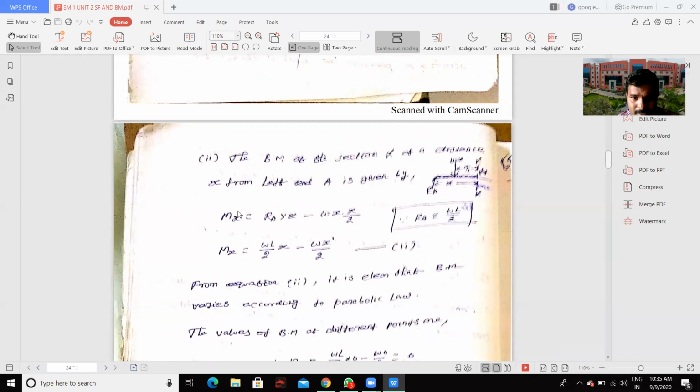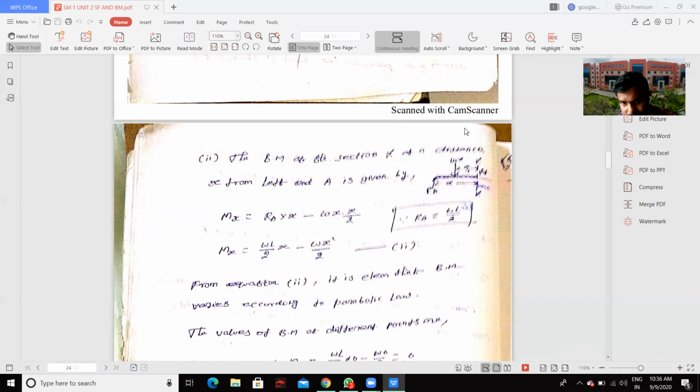So here, moment at x is nothing but load into distance. The bending moment definition is to take a section and consider the left side portion or the right side portion. We are considering the left side portion, and if you add the sum of the moments, you will get the moment at x. So first moment is RA into x. It is clockwise towards the section, so positive. Then the second moment is this Wx acting downward into distance x by 2. Wx is acting at the center.